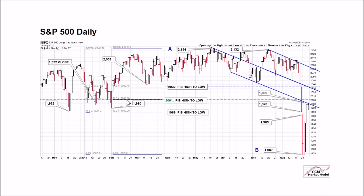2001 is the 50% retracement level from the drop that took place from point A to point B. 1969, we've already cleared that, but not for a long period of time. And the last fib is at 2032. It's possible that price will be rejected here next week,